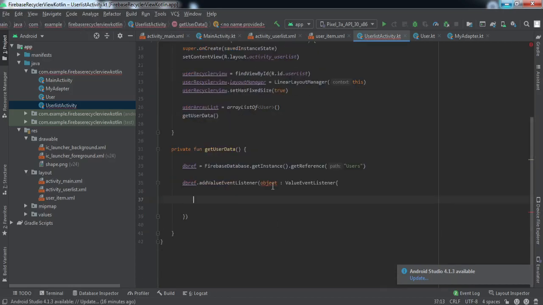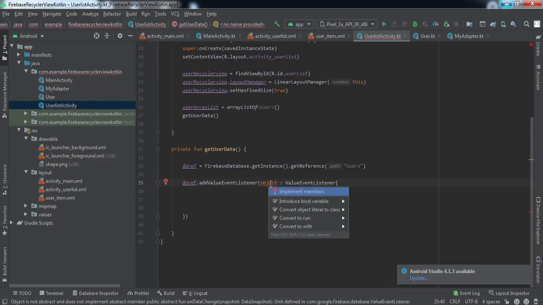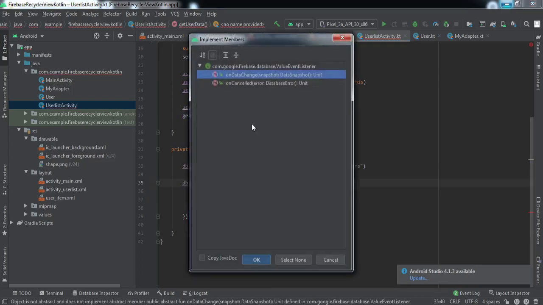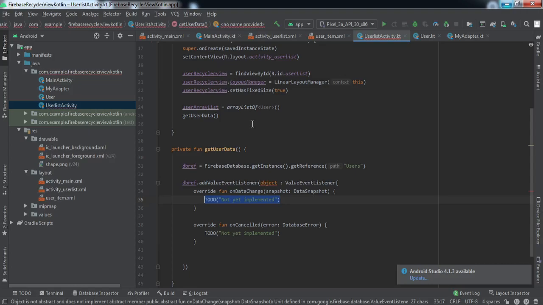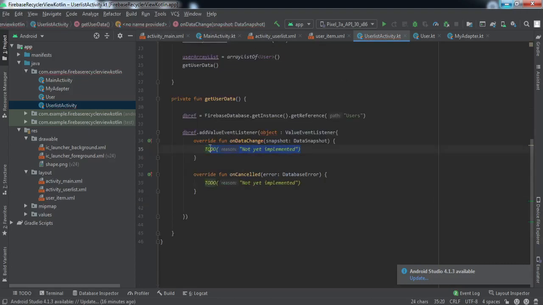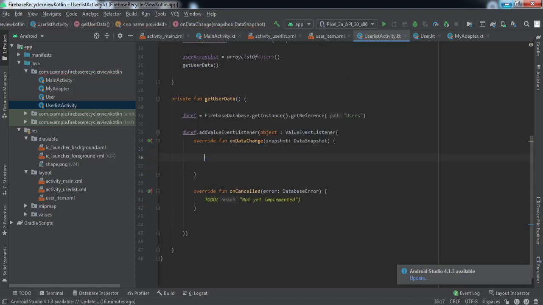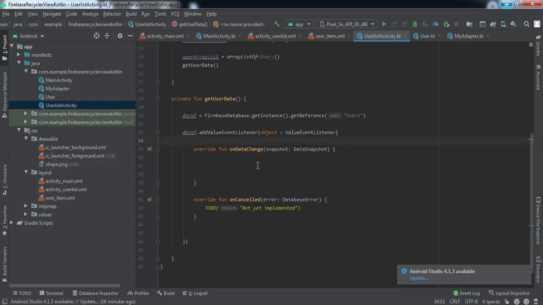Now we need to override two methods. Press Alt Enter, implement members. We need to implement both the methods. So first, this method will be called right on data change when we attach add value event listener, right? So inside this we're gonna store all the data that has been fetched inside an array.